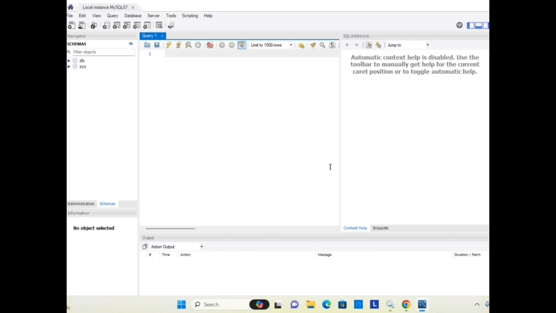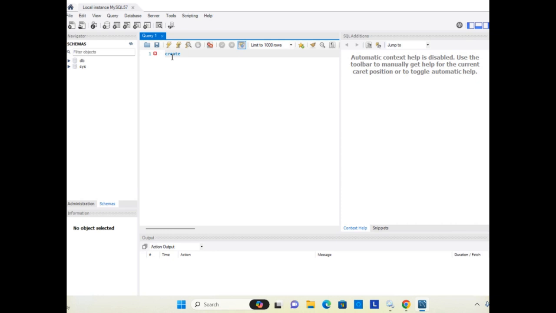With SQL, you give the commands, that is queries, which I have to write in this white space known as the query editor. Whatever I type here, or whatever command I give, is given to the computer by writing it in the query editor.